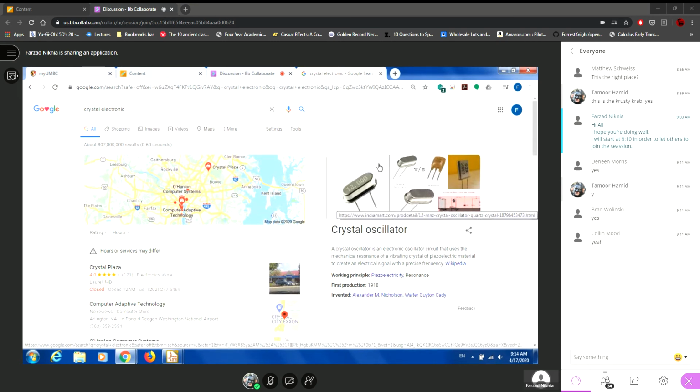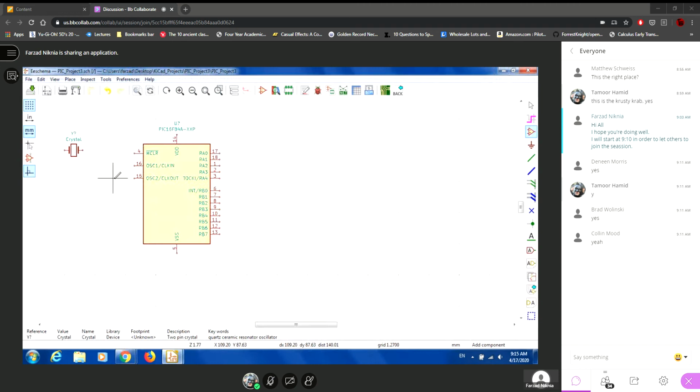For example, this one is for 12 megahertz. We have 8 megahertz, 4 megahertz, and 16 megahertz as well, with different shapes, not only just this one, but mostly on circuits and boards, when you see it, it looks like this. Okay, and now